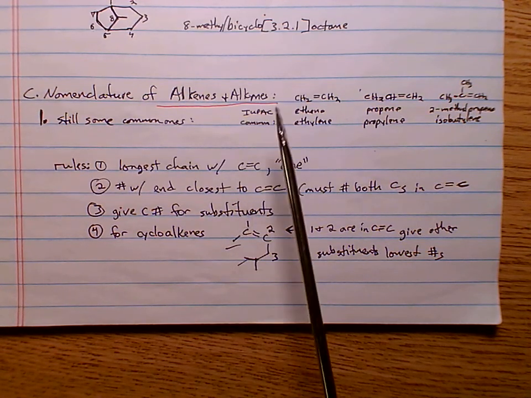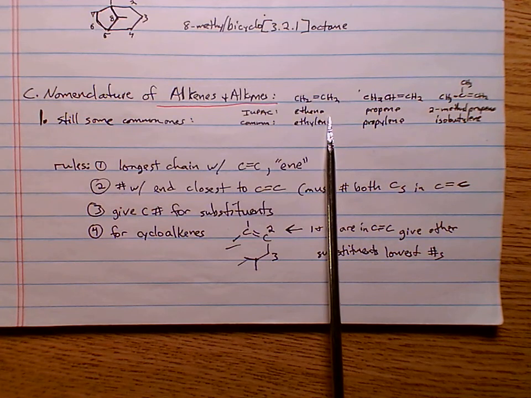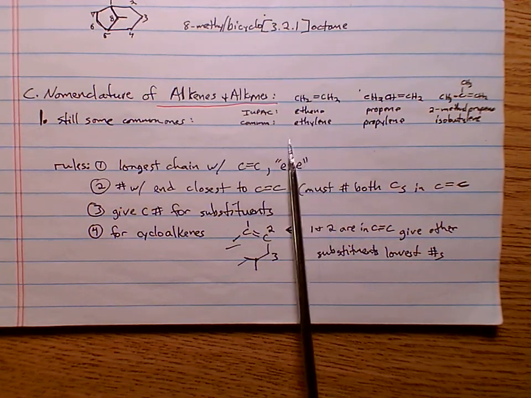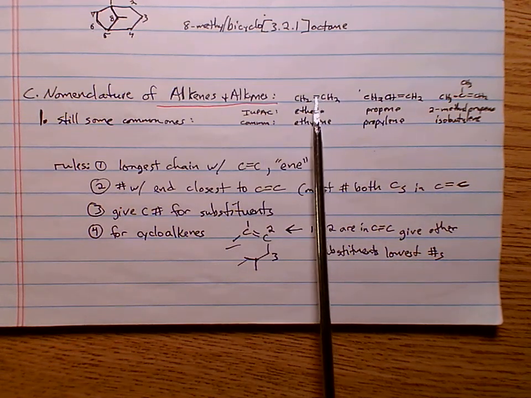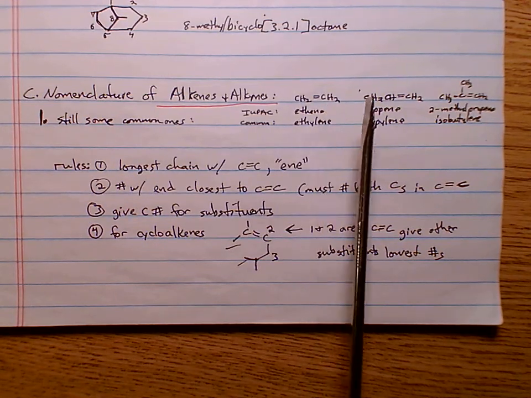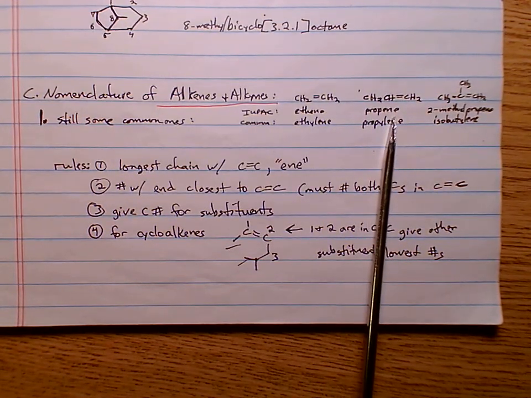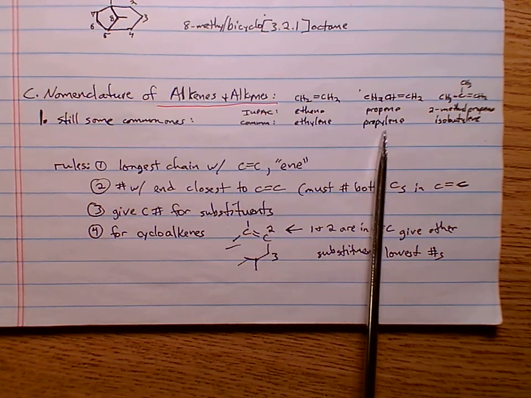With small alkenes, note 2 carbons, so if it was an alkane, it would be ethane. IUPAC will call this ethene. The common name is ethylene here. CH2 is an ethylene, whether there's a single bond or a double bond. All right, this would be propene. See, 3 carbons is propene. For the IUPAC, common is propylene,